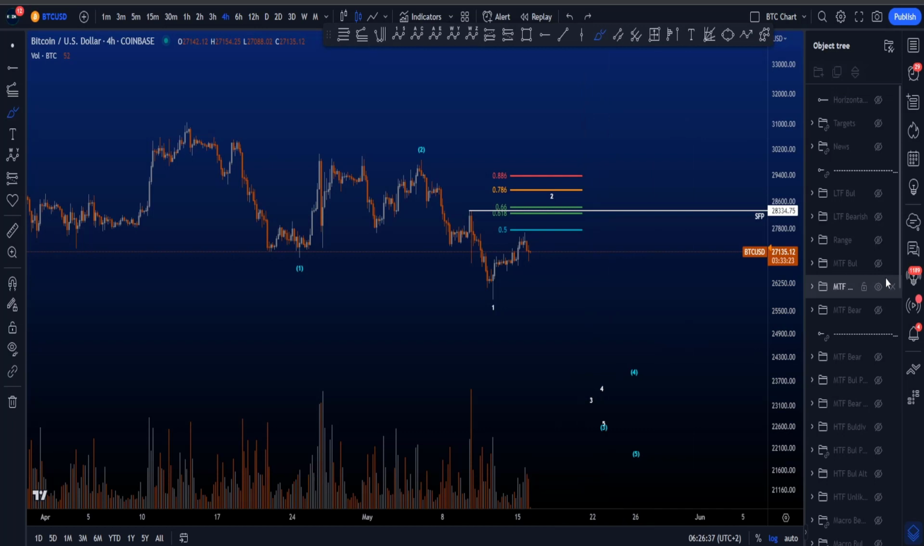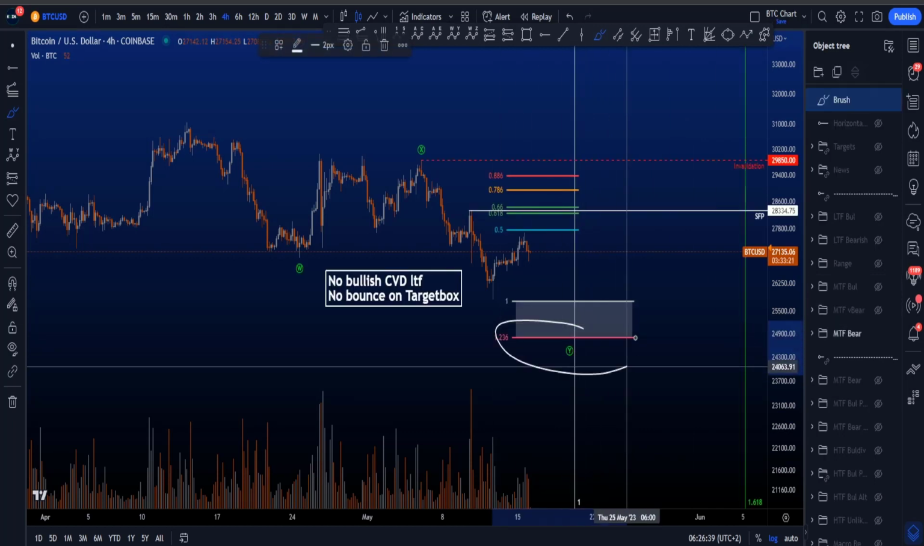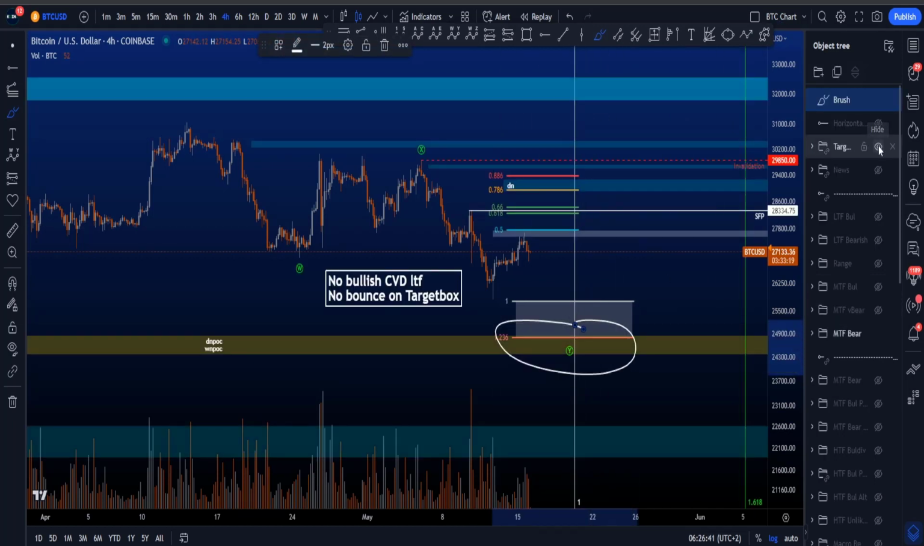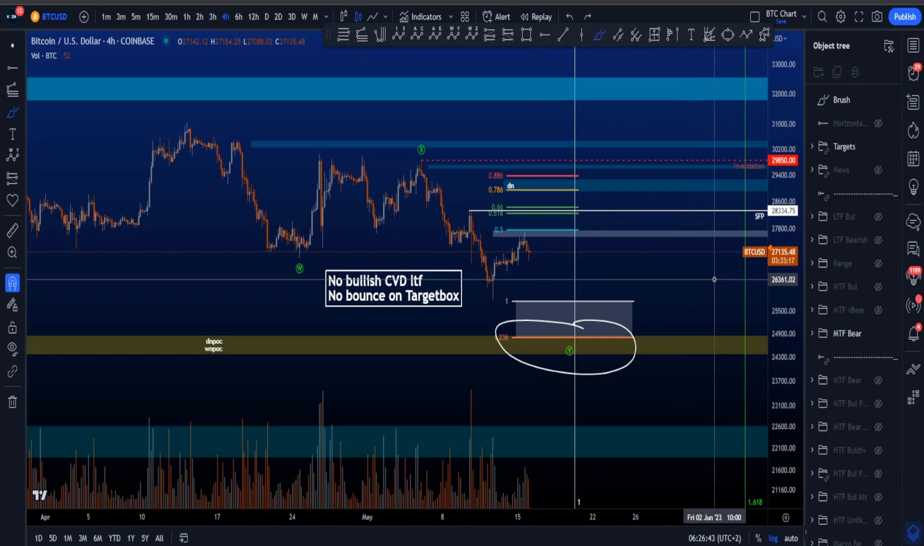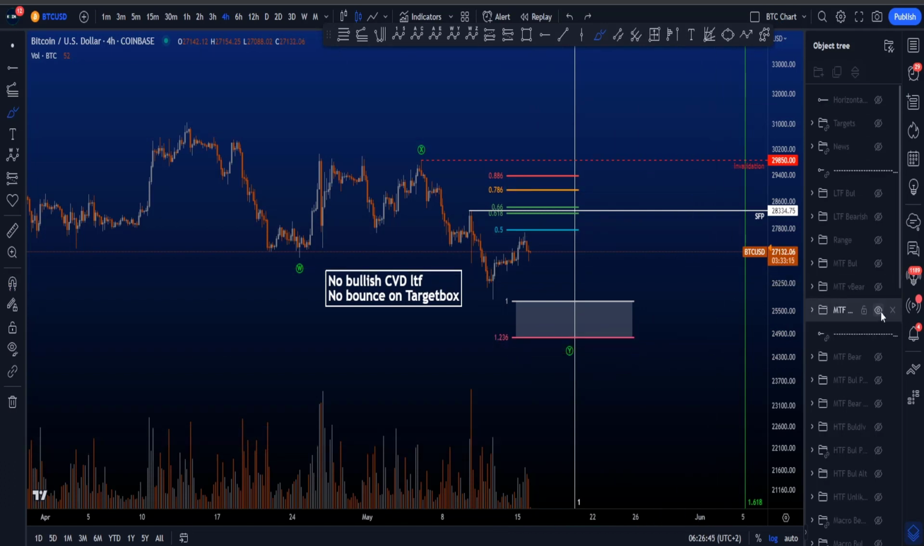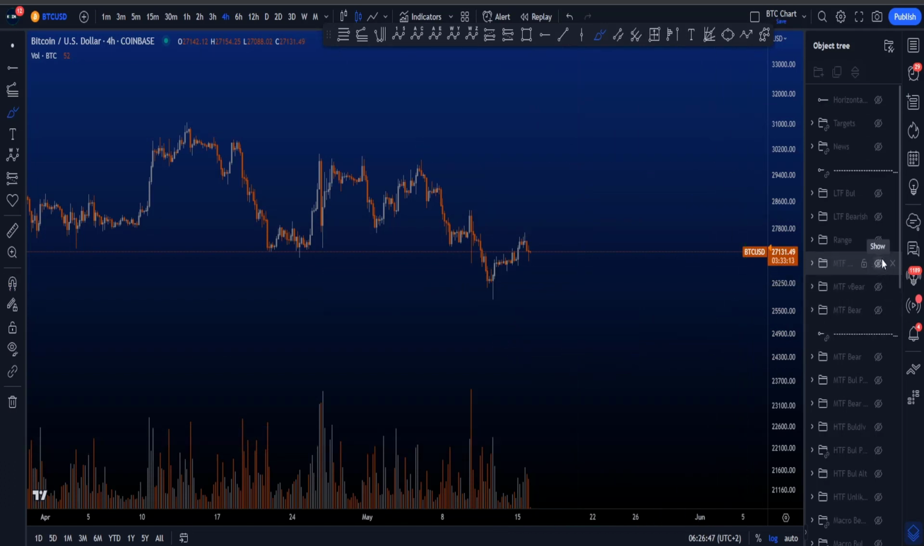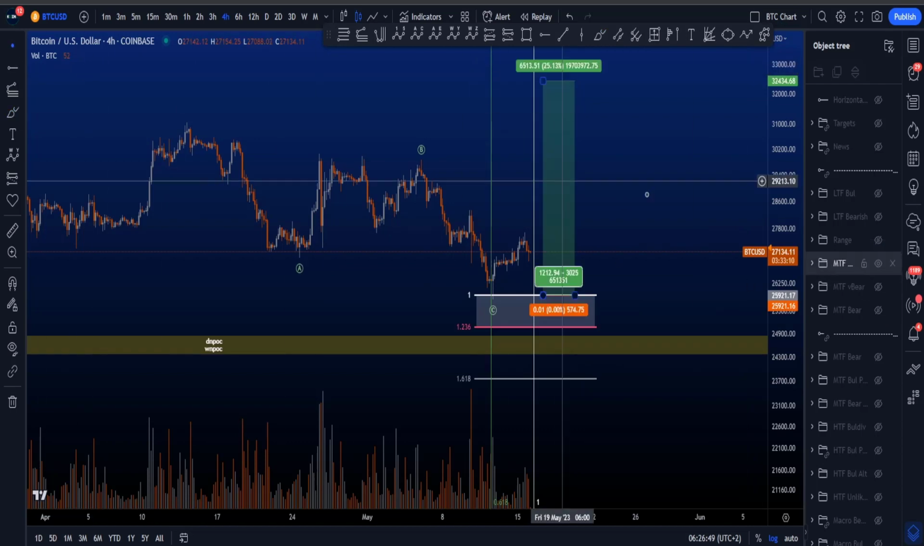If that is not the case, it is more likely we're going to get a bounce over here at around the yellow target box as well, for then eventually more upside, or the bullish scenario might play out, which is the one I'm going to show you right now. So if we then switch to the bullish scenario,